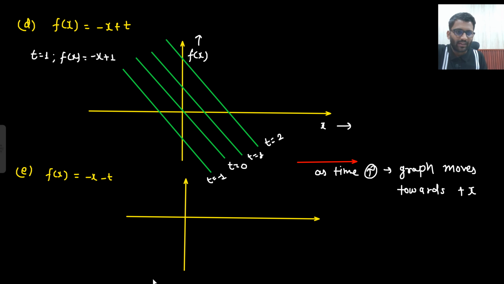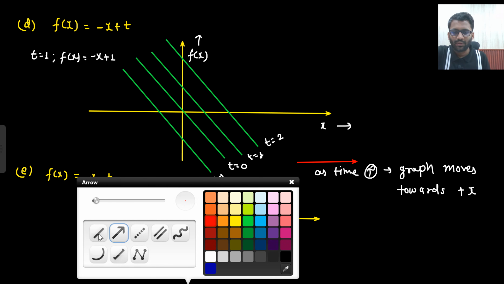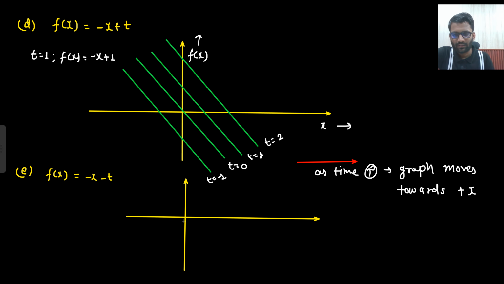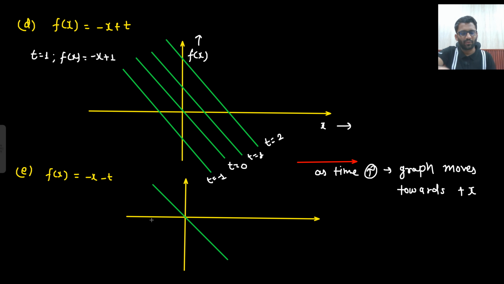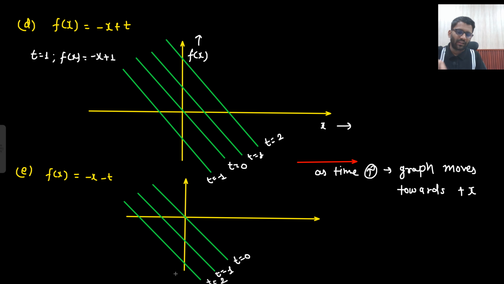And what about this graph? Minus x minus t. So at t equals to 0, it is here only. But at t equals to 1, where it will be? Minus x minus 1. So at y axis it will cut at minus 1. Then t equals to minus 2. So this was t equals to 0. Sorry, this was t equals to 1 and this is t equals to 2. So where are you moving? You are moving in this direction, right? So as time increases,